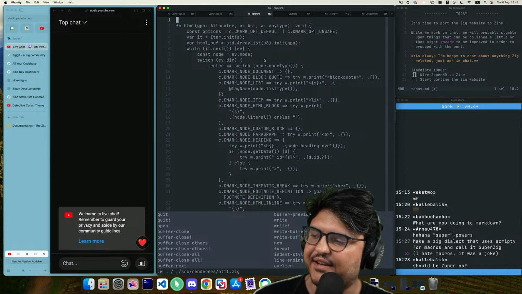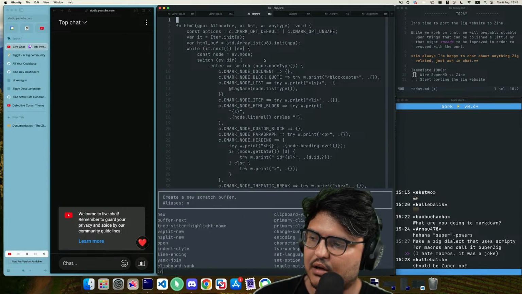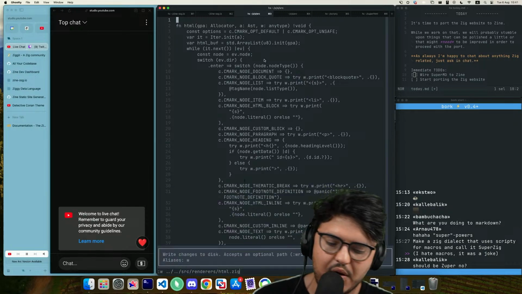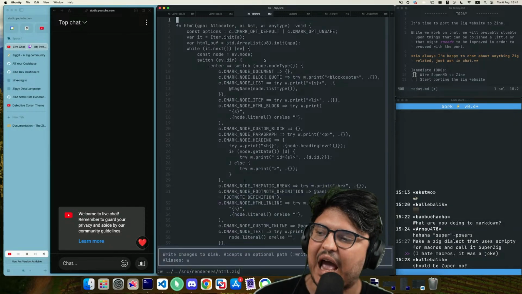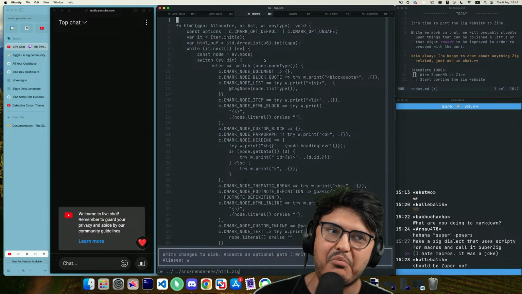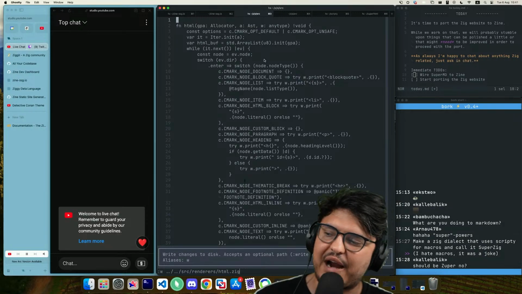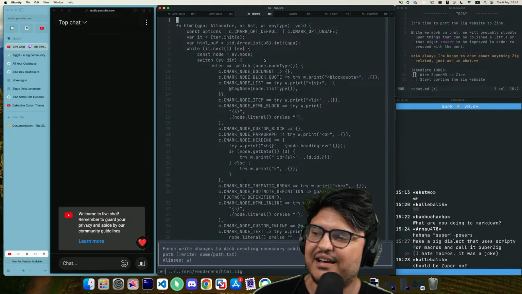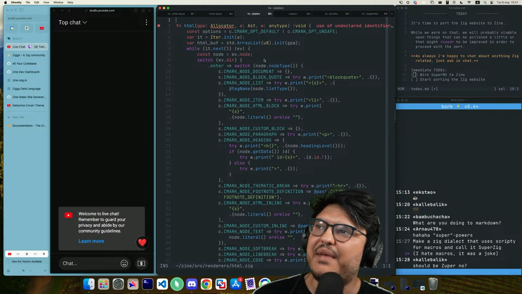I hate this thing from Helix. Oh, it worked. Wait, what? Why is left arrow the command that moves my cursor all the way to the right? Man, God only knows.